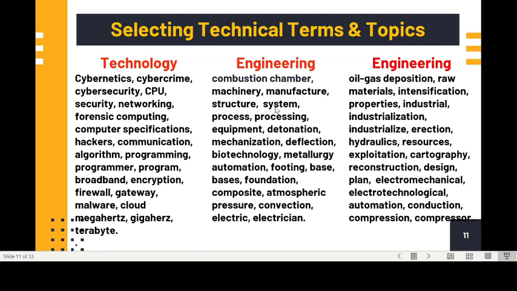Okay, so when I entered engineering terminology, I got many. So I selected some combustion chamber because the students study mechanical engineering. So I picked words related to mechanical engineering such as combustion chamber, machinery, manufacturing, structure, system, process, processing, equipment, detonation, mechanization, deflection, biotechnology, metallurgy, automation, footing, bases, singular plural, and foundation, composite, atmospheric, pressure, convection,